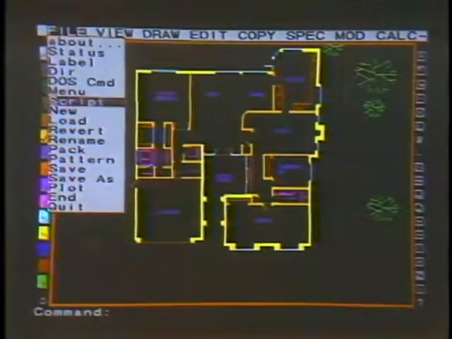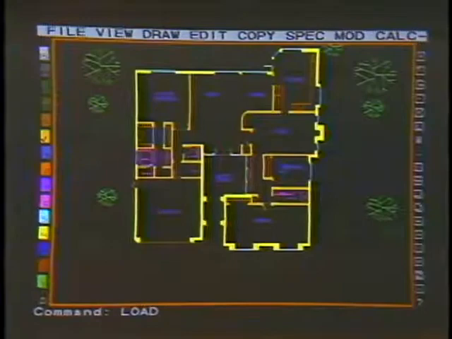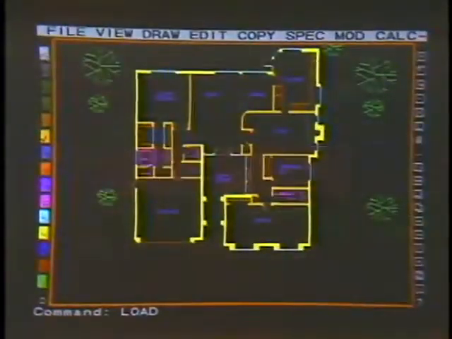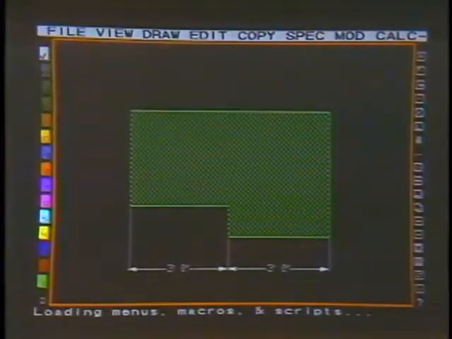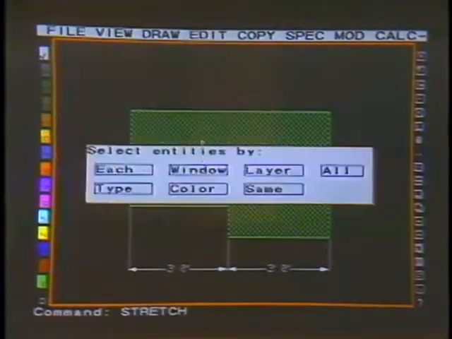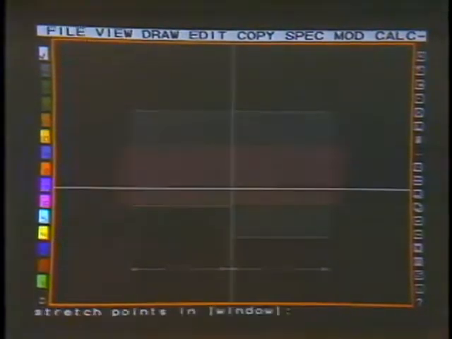Okay, a little more detail on that type of an operation. And what are we loading up here? A drawing that has just a simple little framed area. It might be a patio or a lawn, and some dimensions on it, something to show the distances. Now, what we do is we make that same type of a change, which I call stretch. We stretch the shape of things. We pick out what we want to stretch, tell it to do it, and then we tell it how we want to move it. So we want to move it from here to there, and we find that we've now automatically corrected our dimensions